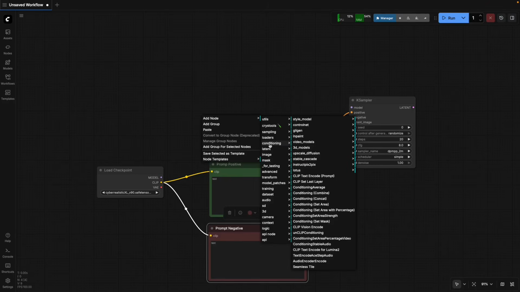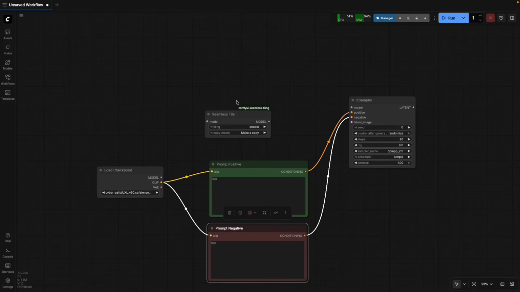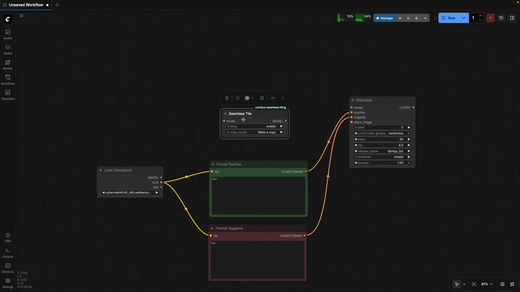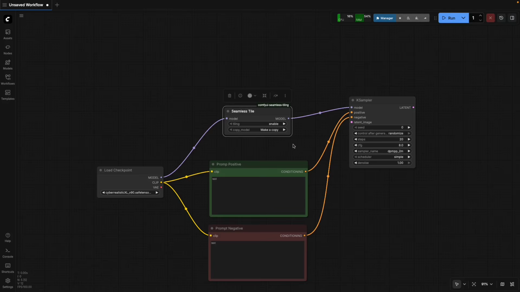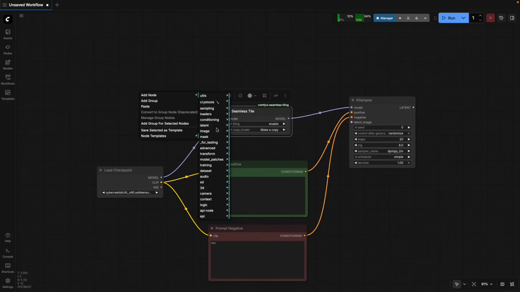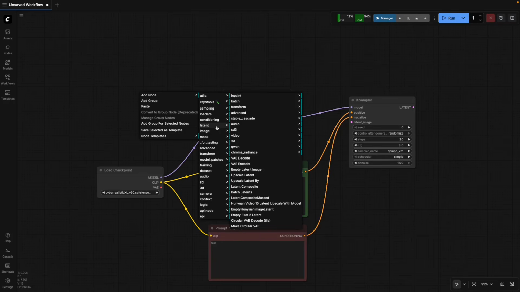We're going to come over here to conditioning and click seamless tile, and then we're going to pass the model through this seamless tile, and that'll convert it so that when we're generating, it'll actually be seamless on the ends. And then there's still one piece missing on the KSampler, which is a latent image. And we don't really need to have an image going into here, so we can just start out with a base empty latent. So we're going to come to latent, and then go to Empty Latent Image,